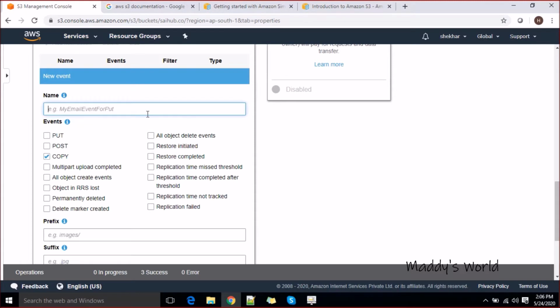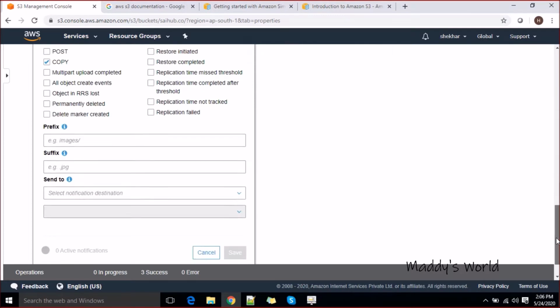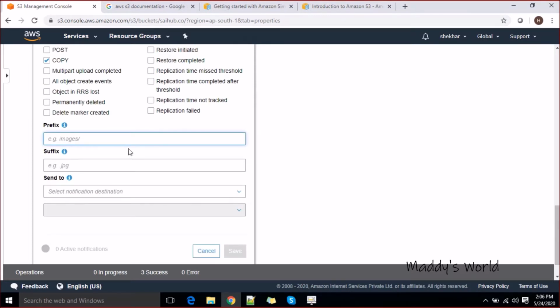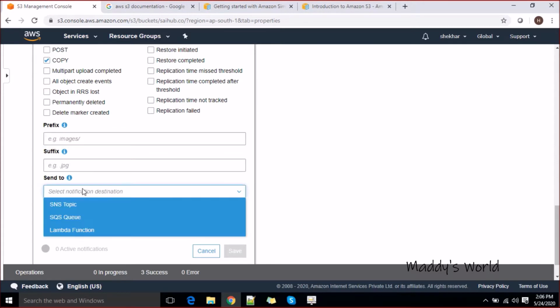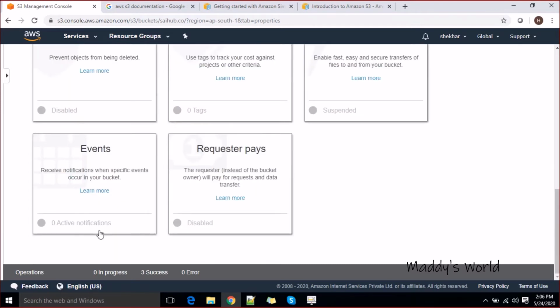You can put the name here, and you can put a prefix, like images, or a suffix. Then choose where to send the notifications. We can send the notifications also. So if anything is happening in this bucket, changes, modification, anything, you can go ahead and enable those events here.